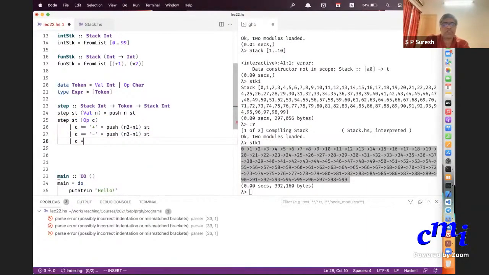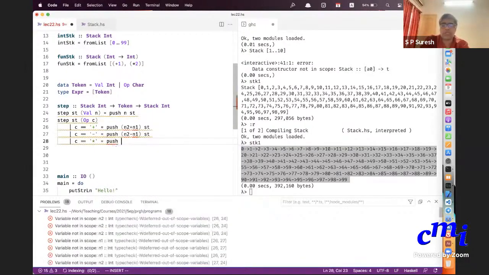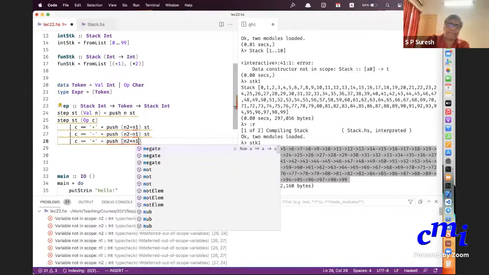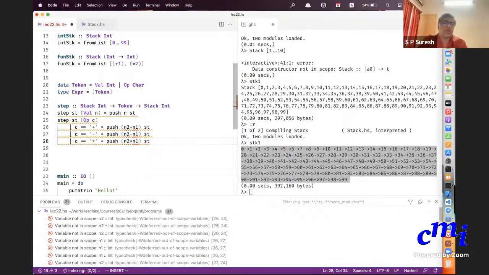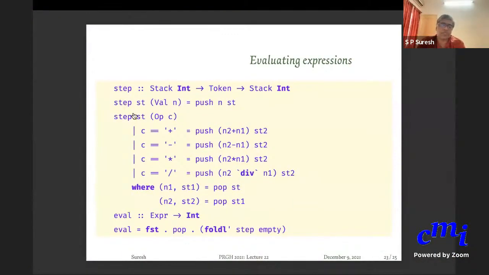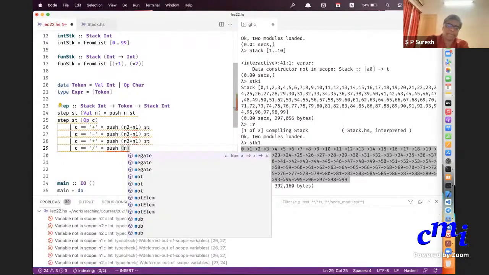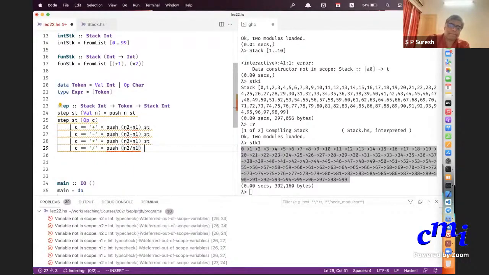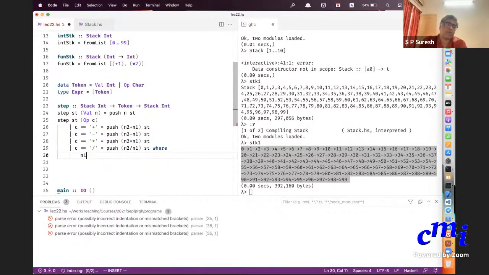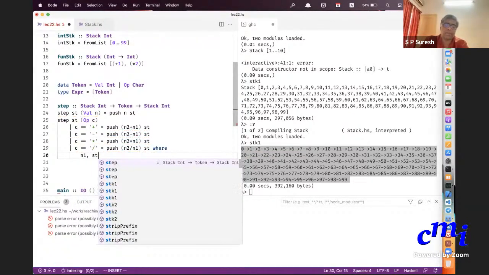If it's star, I should push the product onto the stack. Let's just restrict ourselves to these three operators. Okay, why not? Let's also use divide. Okay, where n1, st1.